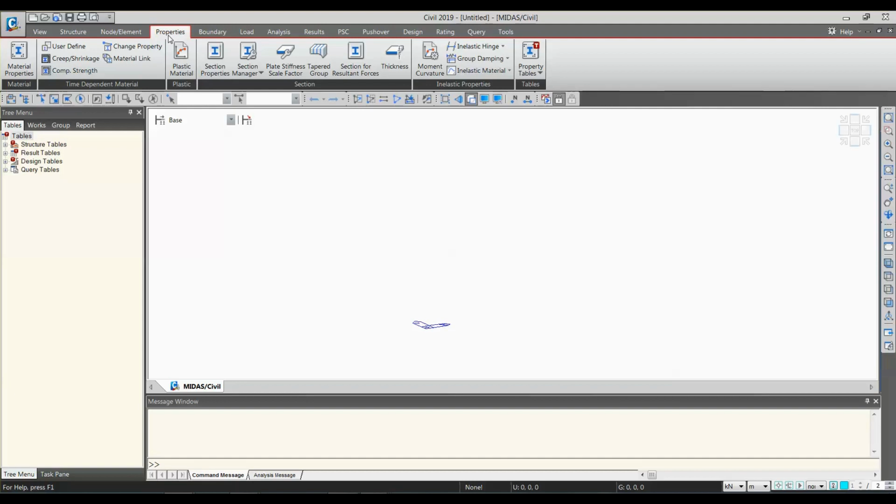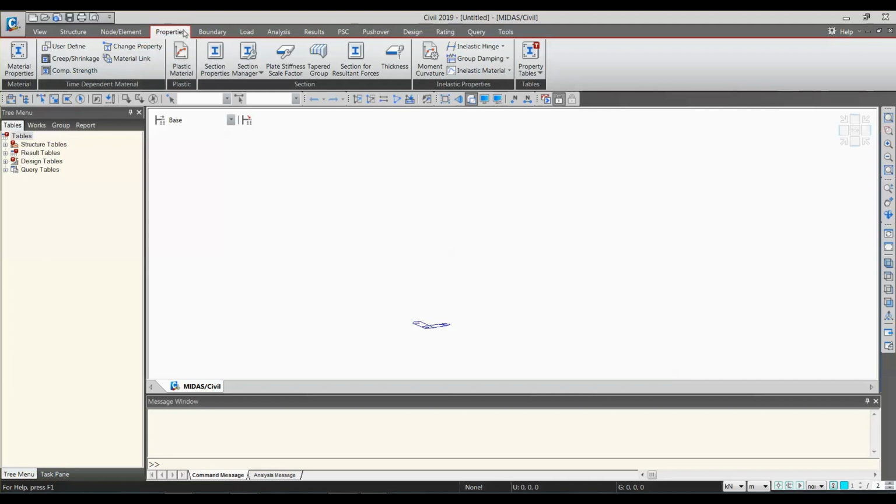Now in this course, when topics come regarding time dependent properties or construction stage analysis, time would be the main factor. As time comes into the picture, creep, shrinkage and compressive strength also come. All these related things you will find under the properties tab itself.